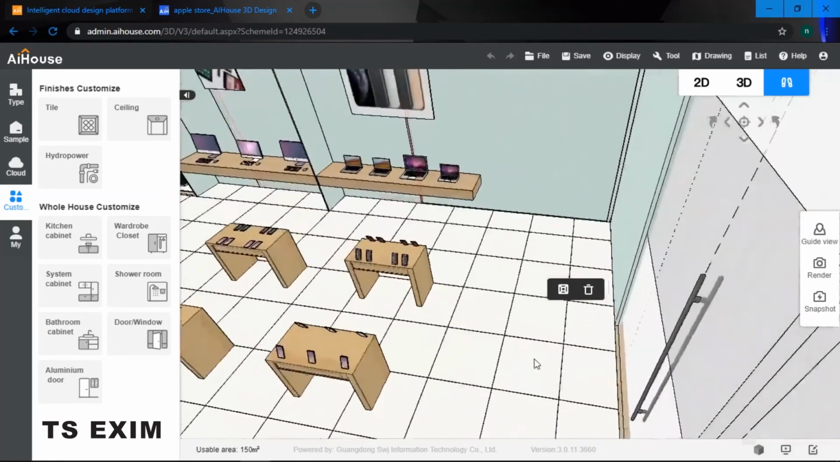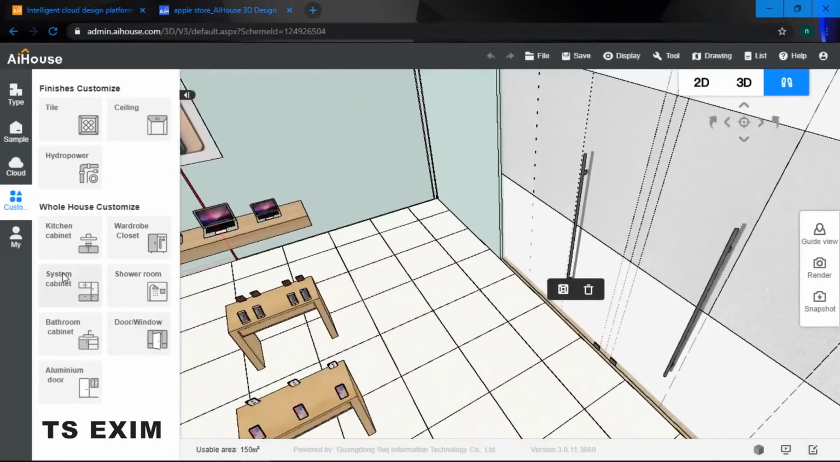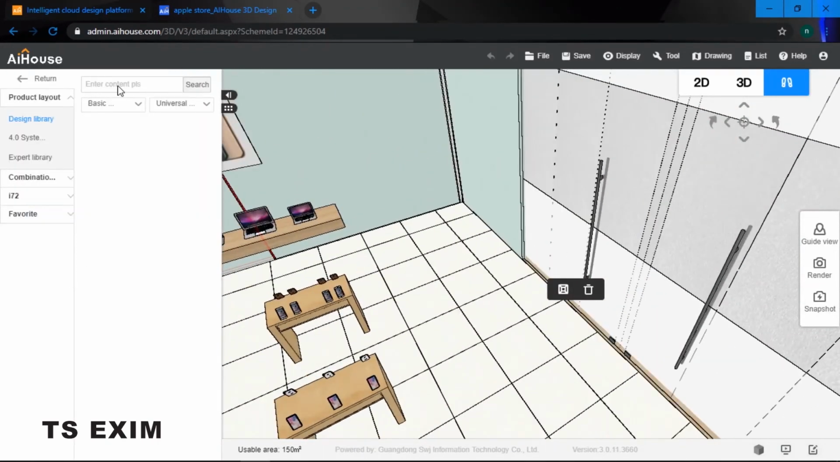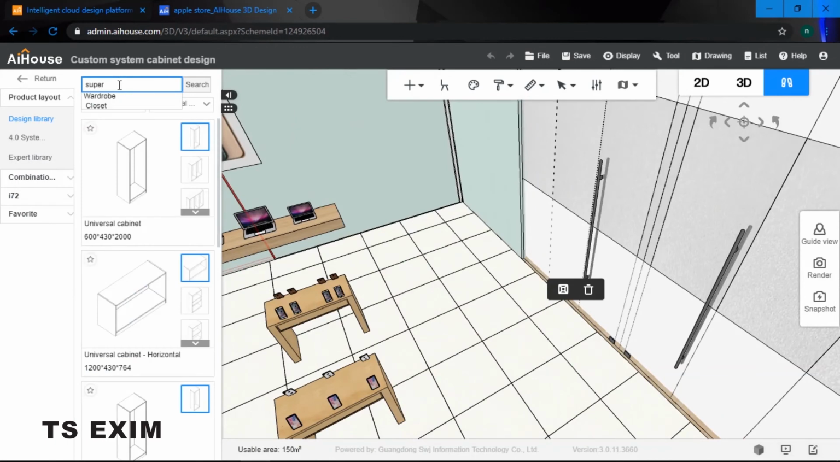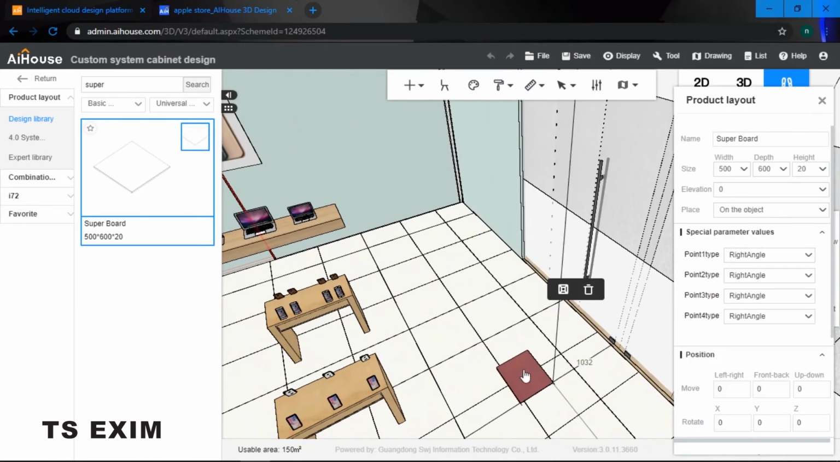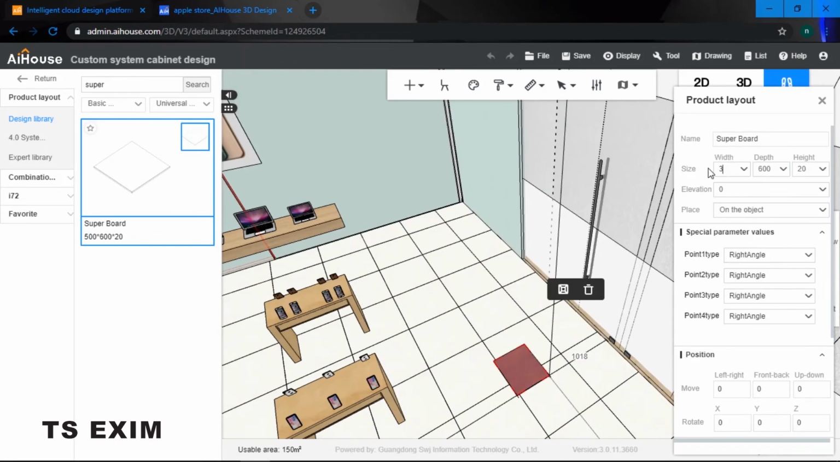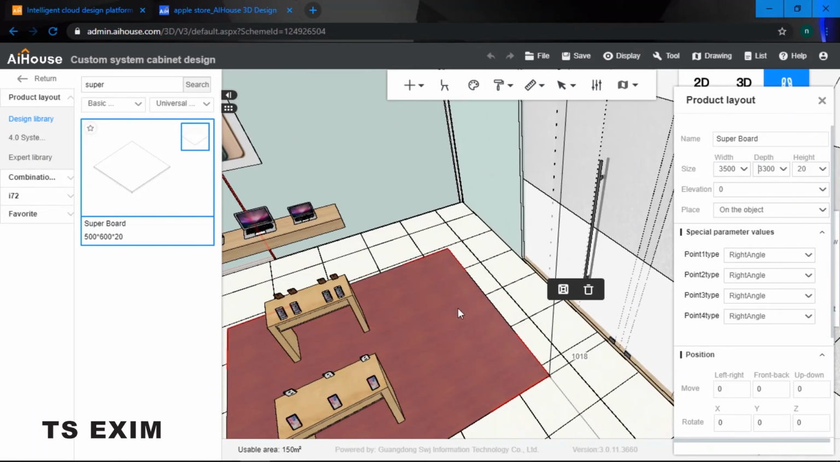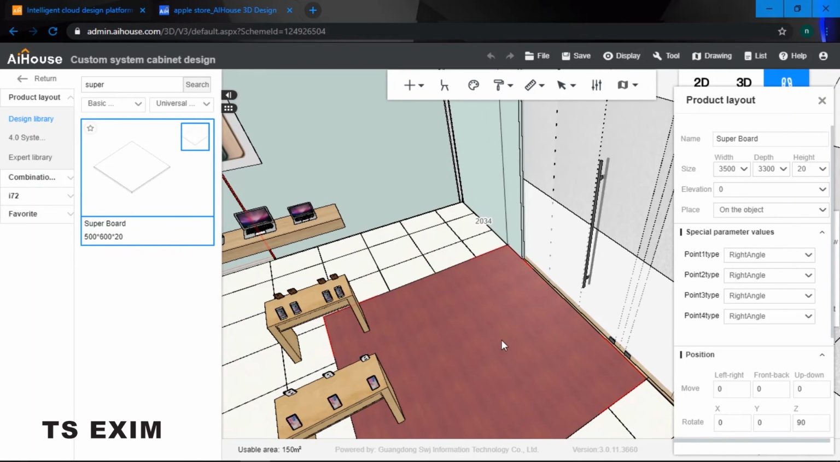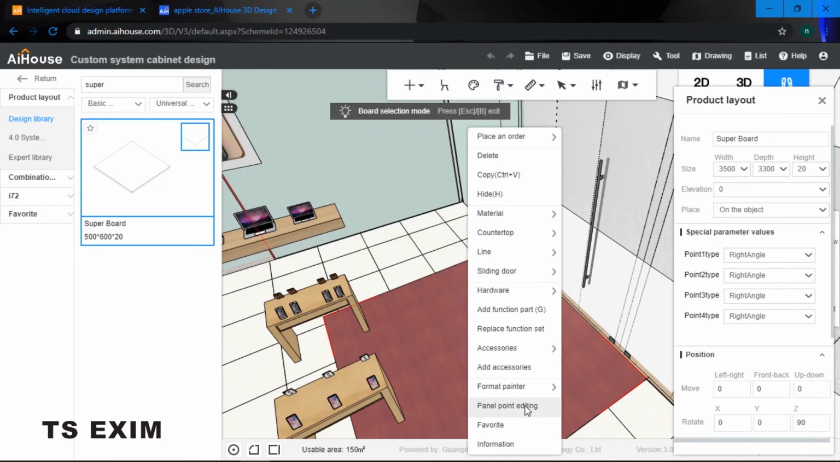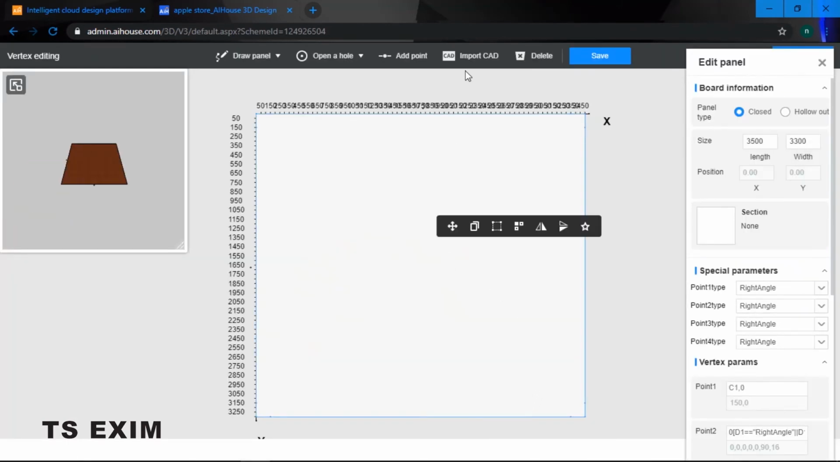Alright, so for the logo we are going to use a superboard. Okay, and then we are going to import a CAD. Okay, so for the Apple logo, for my width I'm gonna put 3500 and 3300 for my depth, okay, which is this big. Okay, and then I'm gonna go inside B, board selection mode, panel point editing, and then what I'm gonna do